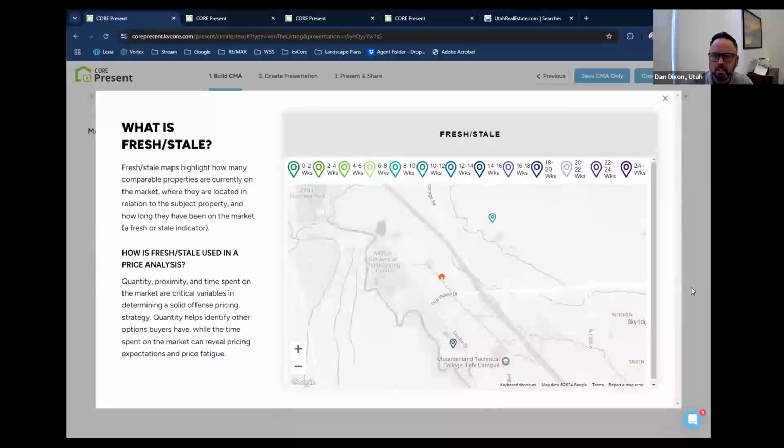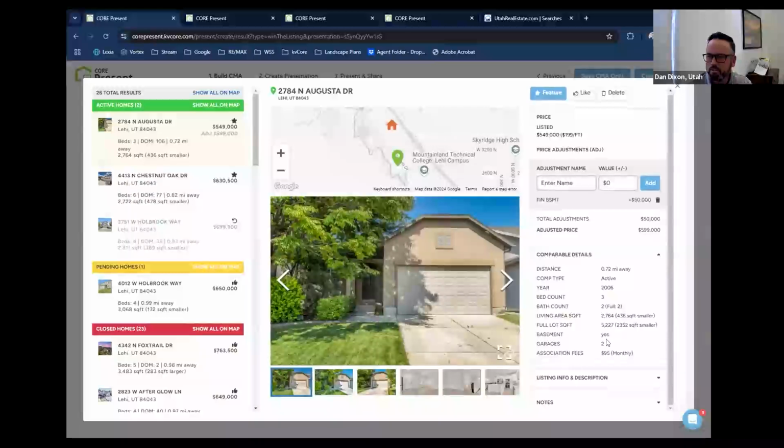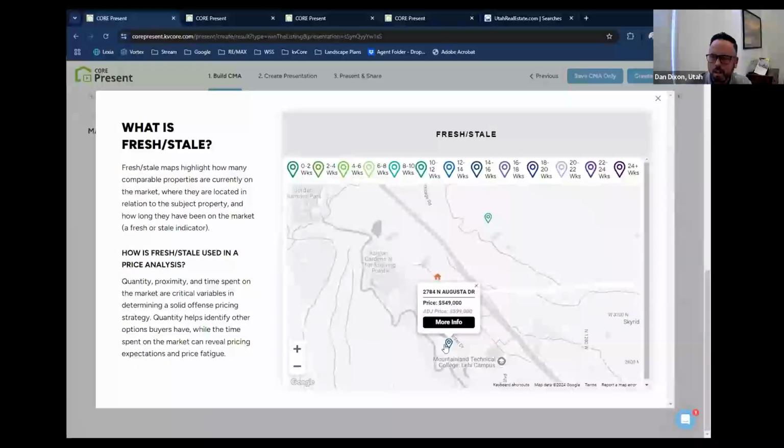Fresh to stale. So you can see like, okay, of those active comps, how long have they been on the market? Well, this guy, they've been on the market for, where'd it go? For right here, for 106 days, right? And you can see that by the color, it's a little darker. So it's over here somewhere in the 14 to 16 weeks.